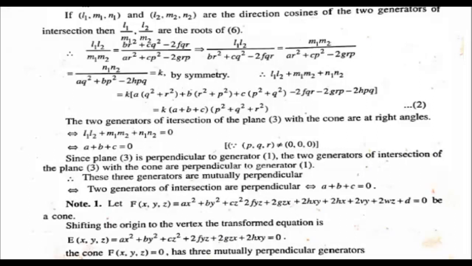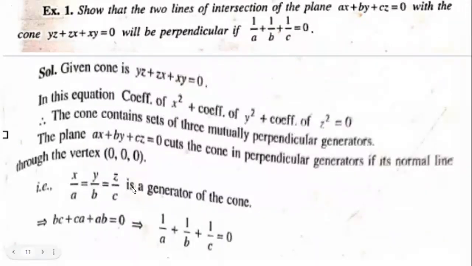So what is going to happen now? We have A plus B plus C equal to 0. That is the condition that we have. So F of x, y, z becomes ax square plus by square plus cz square plus 2fyz plus 2gzx plus 2hxy equal to 0. That becomes the equation of the cone where F of x, y, z equal to 0 has three mutually perpendicular generators. Now show that the two